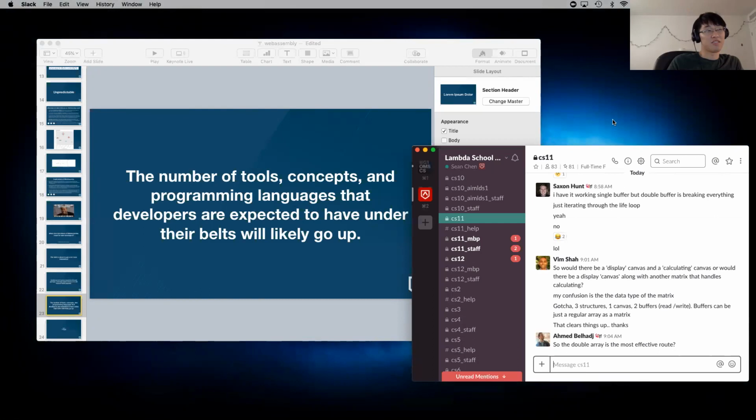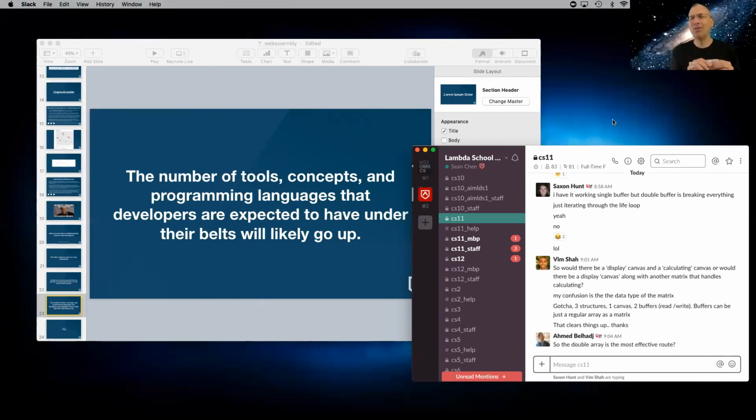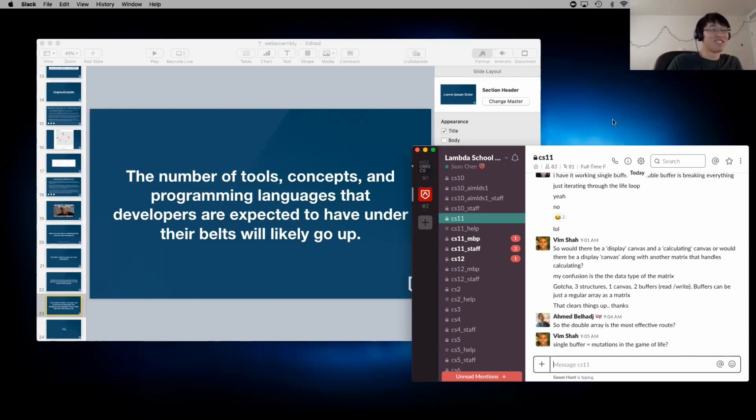Yeah, I think you could get away with not having a full double buffer. How would you do this? I think you could store just the previous row, maybe, and then maybe the previous pixel. I think it would be possible, but man, it would be weird. It would be a lot of juggling. Right, you'd be mutating that buffer as you're also trying to render it at the same time. So maybe you could get away with